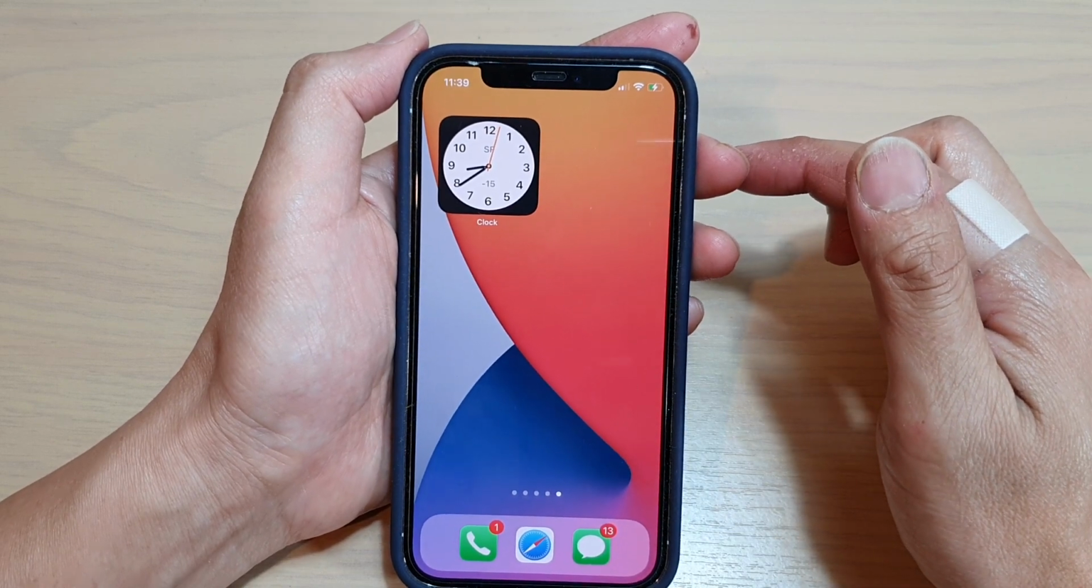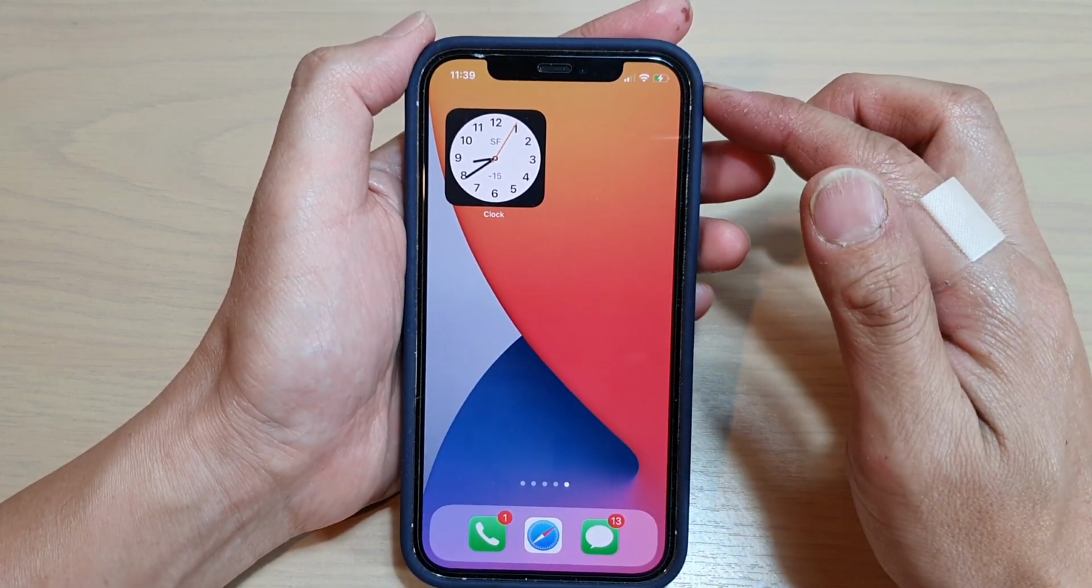And that's it. So that's how you can add a city clock widget to the home screen on iPhone